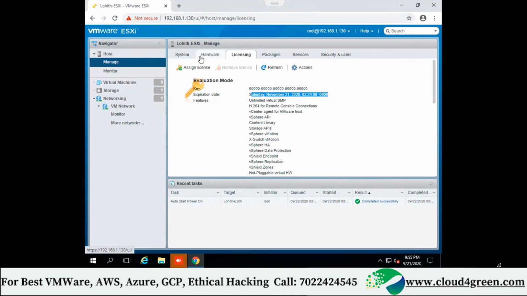Please explore this console for 5 minutes. All of you click on each and every tab. Carry on. All of you connect to your ESXi in GUI mode over the browser. Explore for some time. Select each option: services, users, packages, system, storage. Just check how much storage you have.